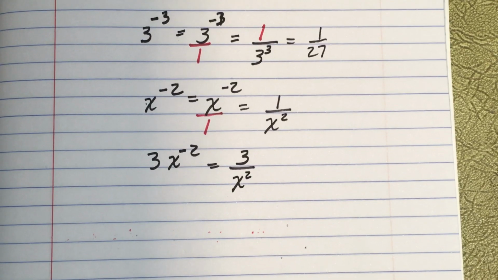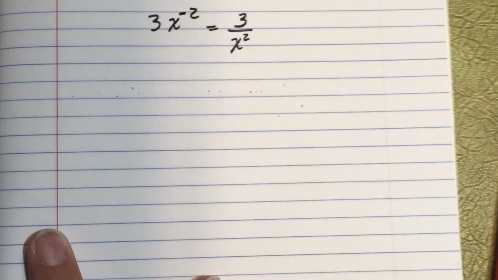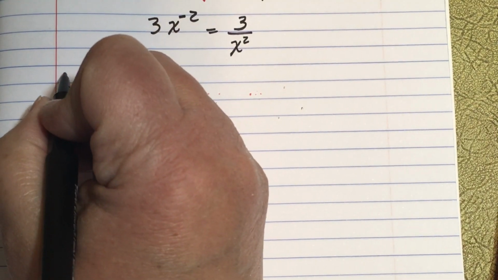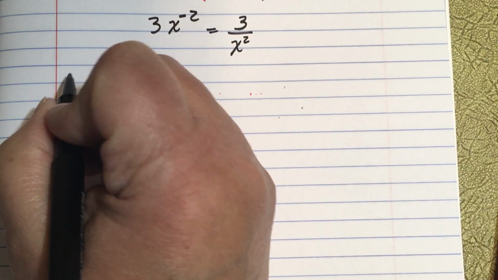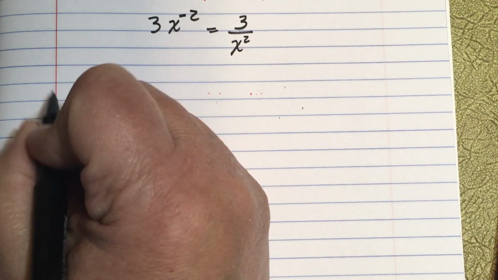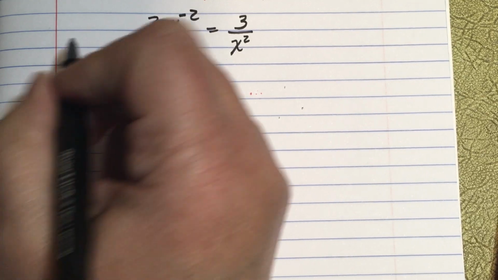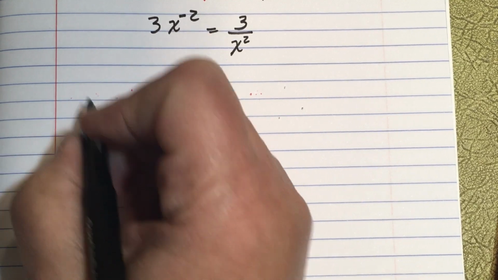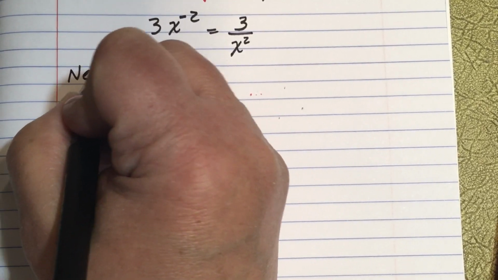Now, there's also 0 exponents. So let's just finish up negative exponents first. Here we go. So negative exponents become positive when you flip them over and put them in the denominator. What if they're in the denominator to start? We'll do that one too. So, negative exponents